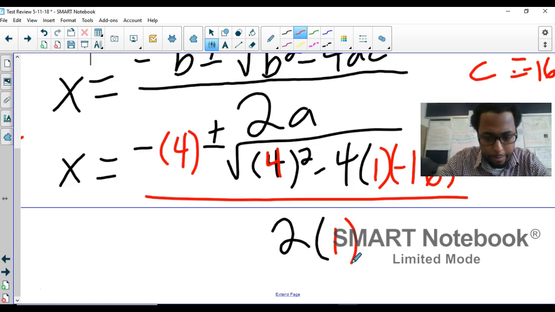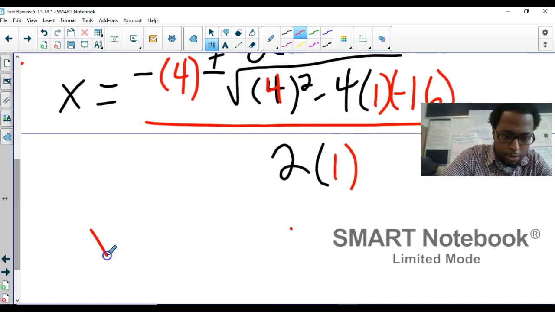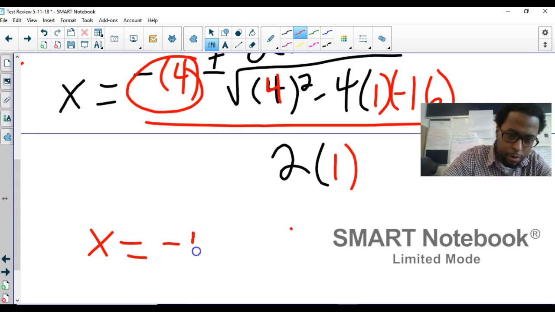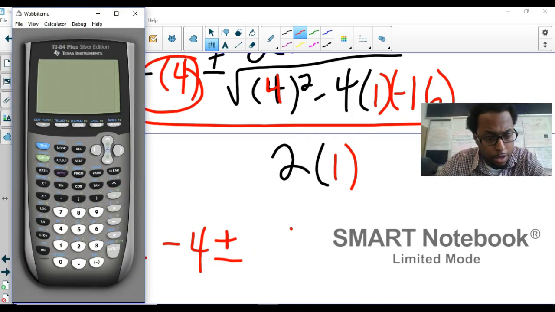Okay. So x equals, I have my negative parentheses 4. It comes out to just be negative 4 plus or minus. Now Mr. Swenson talked about putting this in the calculator. I agree with him. Put it in your calculator. So I'm going to turn it on. I'm not going to put the radical, just simply